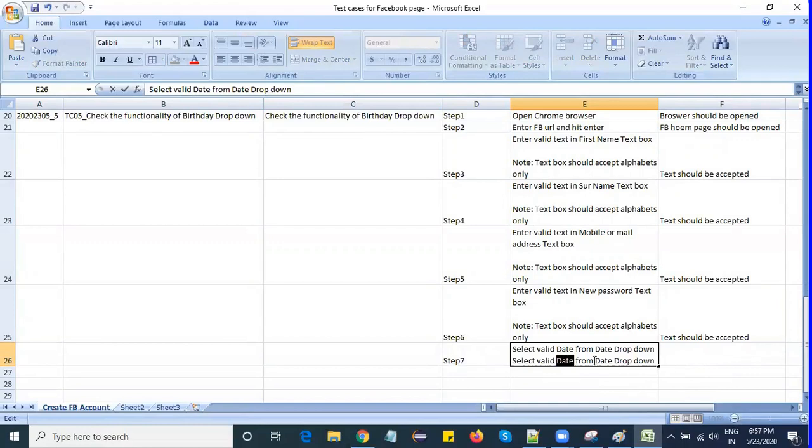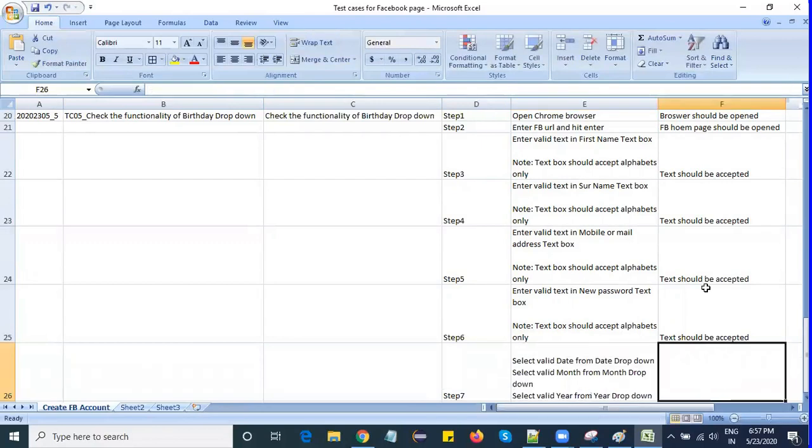Select valid month from month drop down. Year from year drop down.